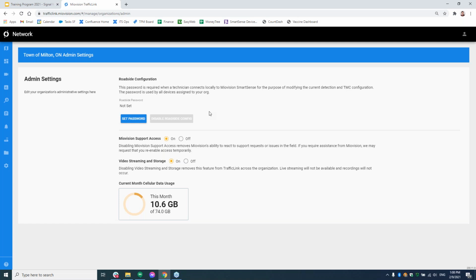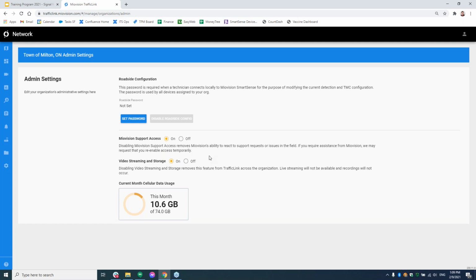So if you're familiar with our traffic detection device, the SmartSense, it has historically been only cloud-based in the sense that you have to configure from your laptop and through a cloud connection. That is not 100% true anymore. There is an aspect of it that is locally managed. You can connect to it, you can stream video, and you can get a level of iteration directly on the device. So this could be for your technicians out there that may just want to plug into the device and do it locally while on site.